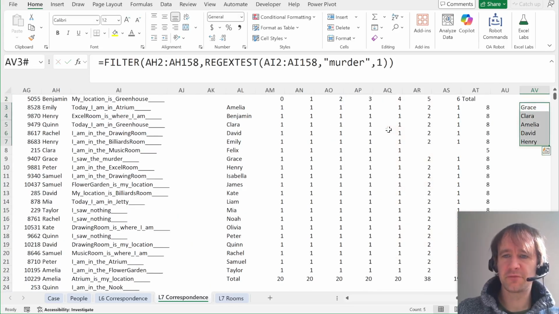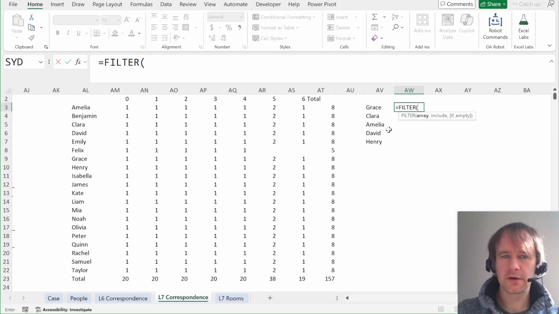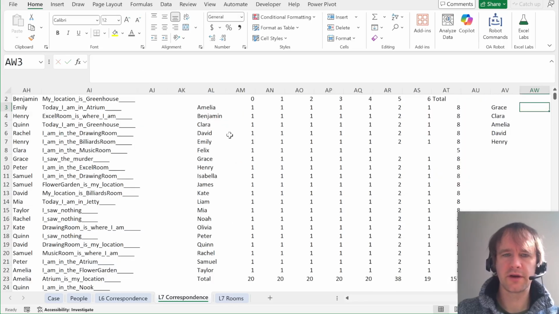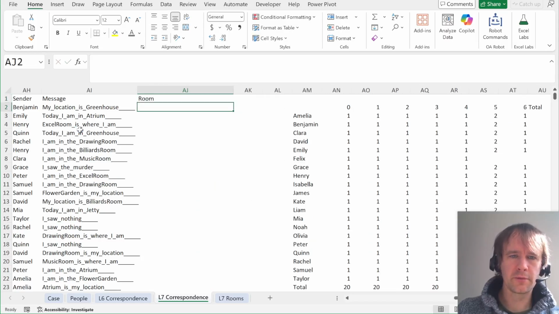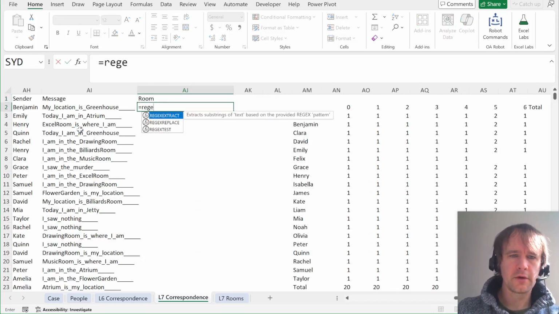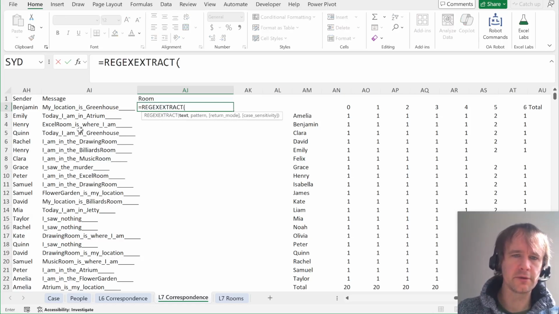So these are the 5 people who witnessed the murder, and now I want to know where each of those people was on Saturday. So I'm going to say filter again. I'm going to filter, oh, sorry, I haven't actually extracted the rooms from here, so let's do that quickly. Room, and again, we could use the text split trick that I used before, but it's actually neater to do regex extract from this, and the pattern is going to be,